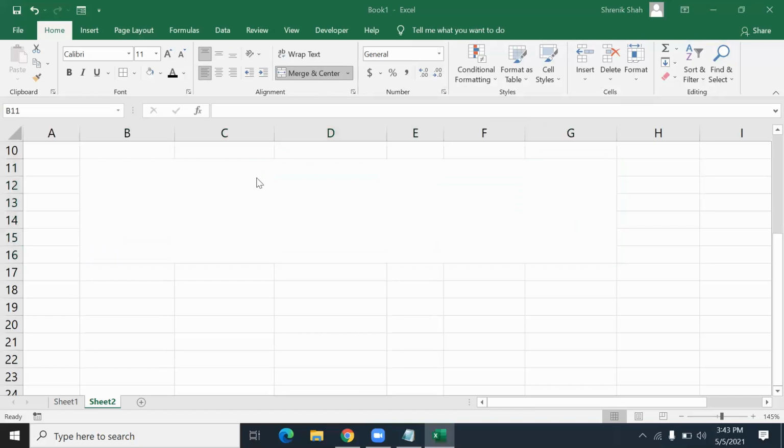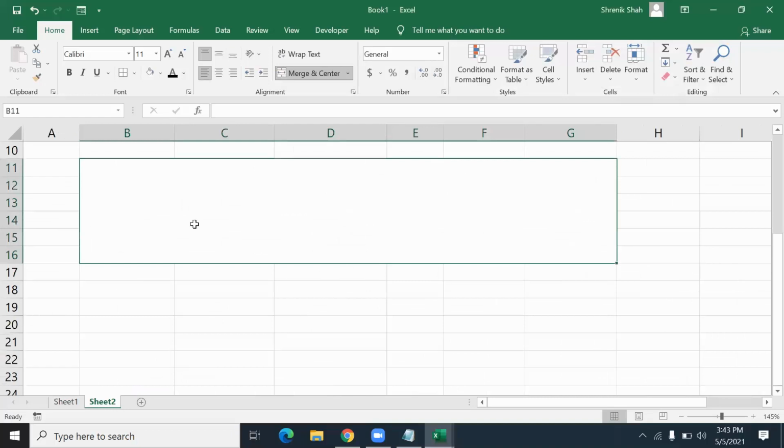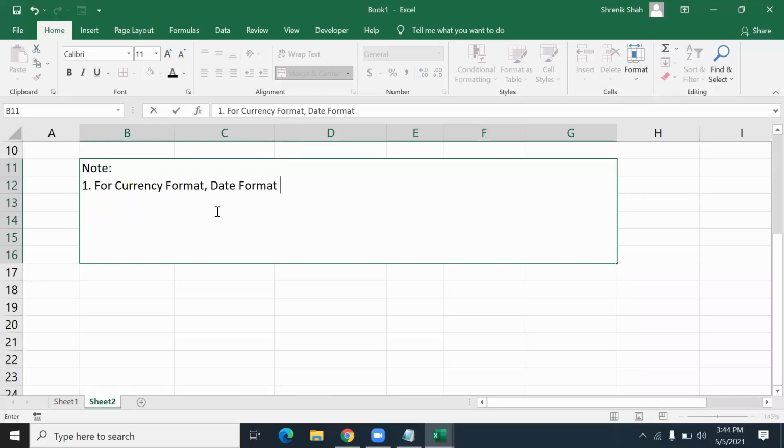So the first note point, it is for date format, currency format, and background.